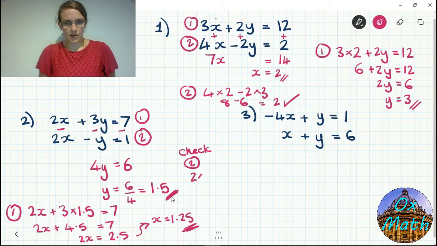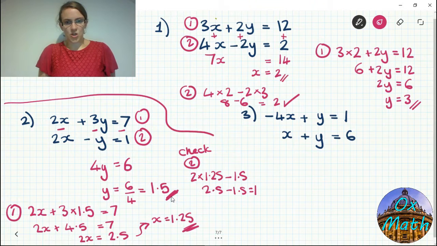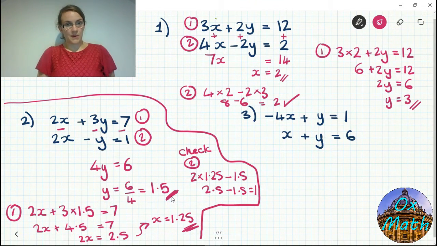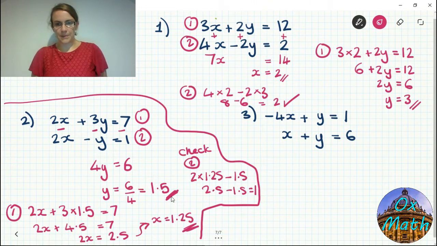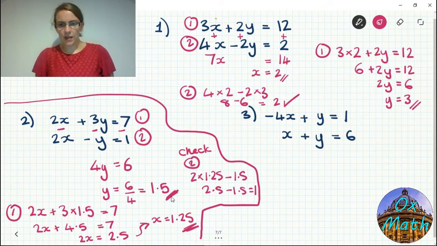So 2 times x, which is 1.25, minus y, which is 1.5, gives us 2.5 minus 1.5, which is 1. So you can potentially get decimal answers as long as it works in both equations. That's still fine. Equation 3 then, we're looking at the y's and they're both positive, so we need to subtract